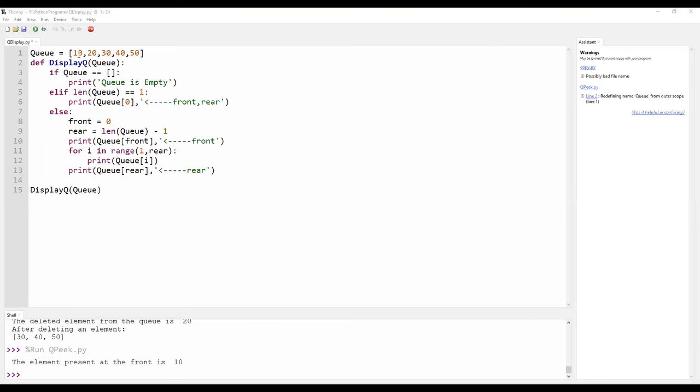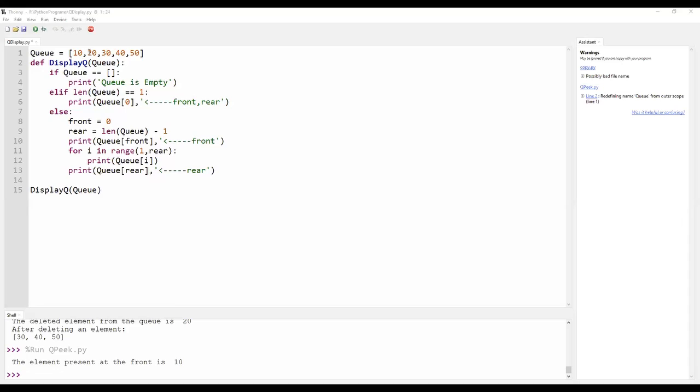Now the initial location for front is 0 and I'm going to traverse till rear, that is len of q minus 1. The number of elements present in the queue is 5. The rear value is length of the queue minus 1, which is 4. So I am printing the statement queue front, the element which is present at the front, which is 10, and it will print 10 as the front element. Then since I have printed the front element, I will be moving from the first location, 1 comma rear.